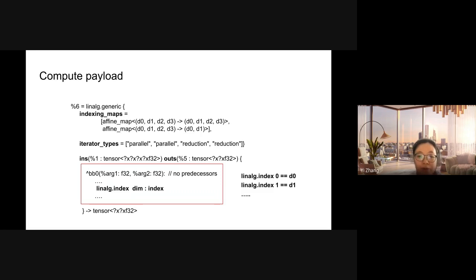This is useful when you need to use the indexes to access some tensor that's not one of the Linalg operands and extract values from those tensors. It's also handy if, for example, you want to get the indexes of the max value.